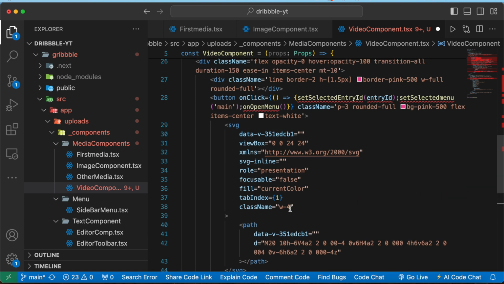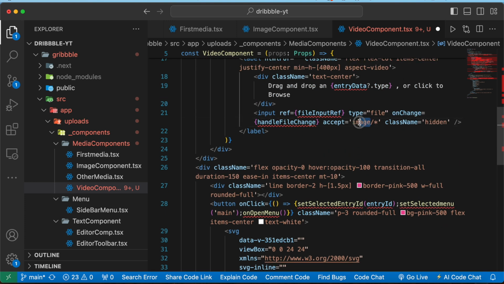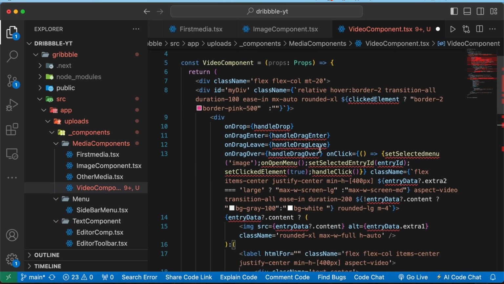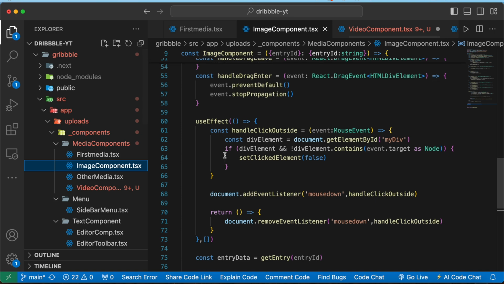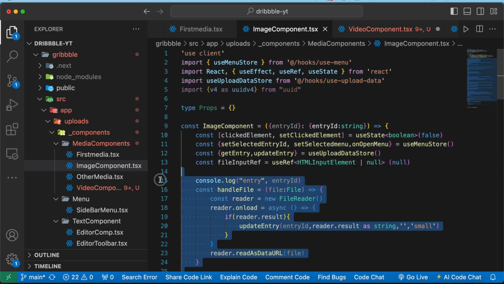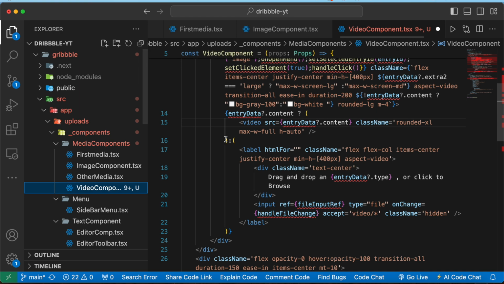First we only want to accept the videos. I think everything should be the same except for this tag. Now we want a video tag over here, so we can add that. We only need src. A video tag does not contain any kind of alt property, and everything else should be the same. Now we can go back again to the image component and we can copy all these things and paste over here,